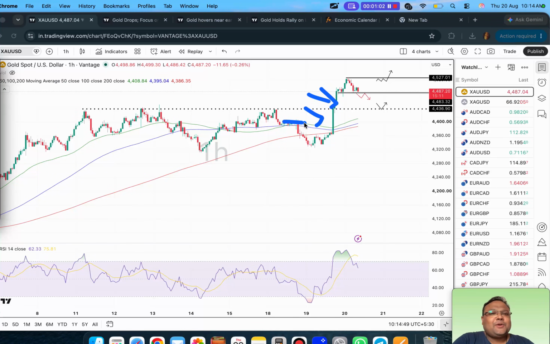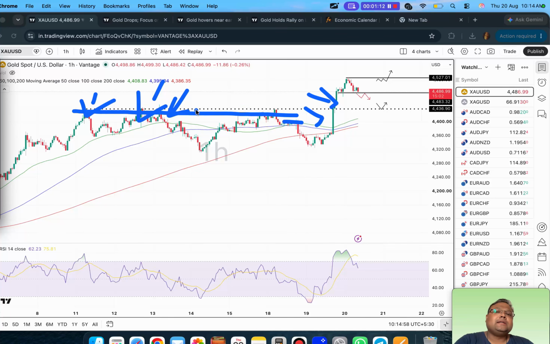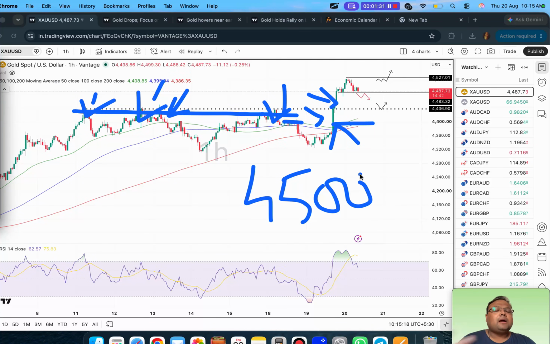Anyways, gold surprised us again with this particular high here, because remember, the day before yesterday we discussed the possibility of a breakout, because gold has tested this particular zone 4 times already. So it was quite evident that the market would break this level. But to be honest, I was not expecting that one single candle would break the zone. Anyways, gold also made a high above 4500,